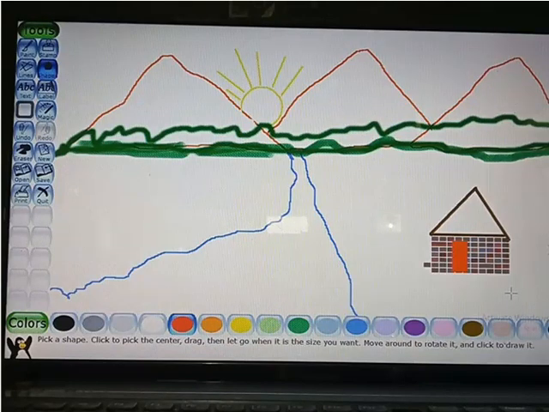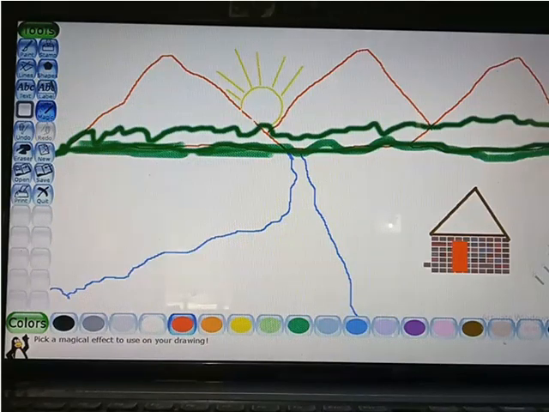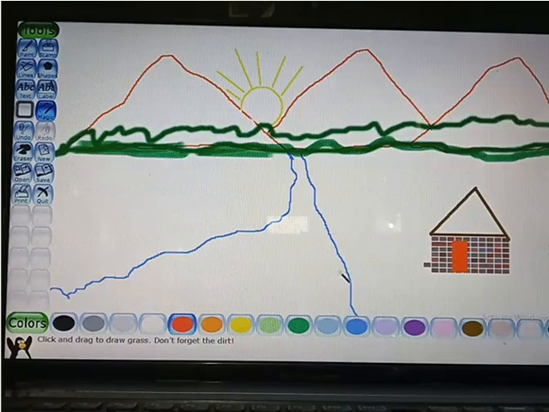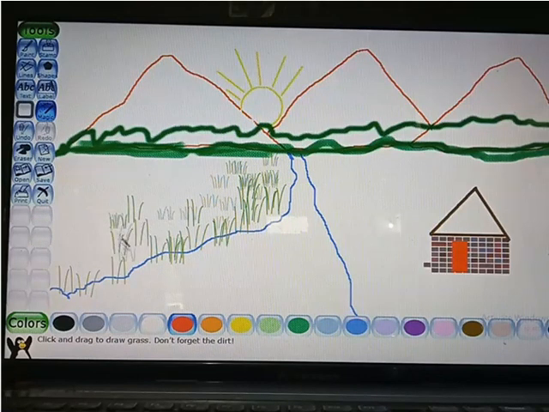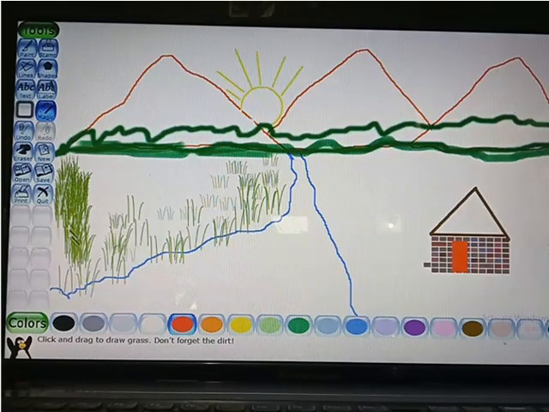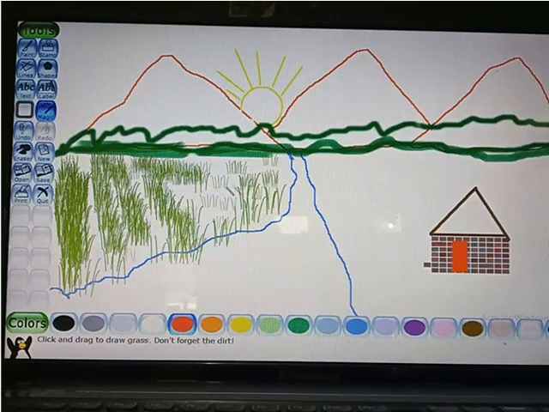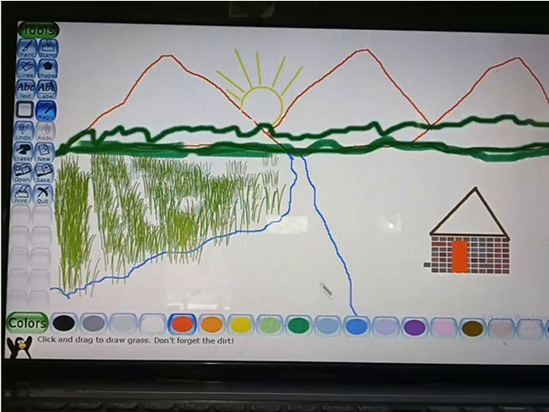Now one more effect is there which we have in magic tools only, that is the grass effect. Using the magic effect we can add grass also. The grass and all that, we can add in this itself. See, you go to All Tools, then Magic, then Grass, and you can add the grass effect from here. So let's add some grass over here. You just have to left click and keep going, then lots of grass you can draw here, on this side like this. Okay, so this is the grass. You can draw this side also.